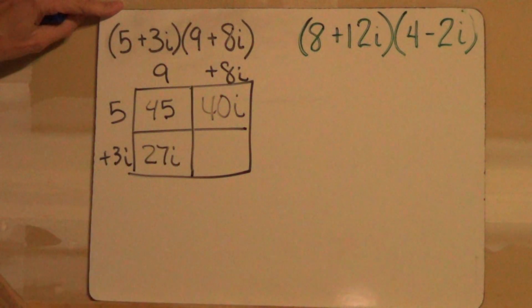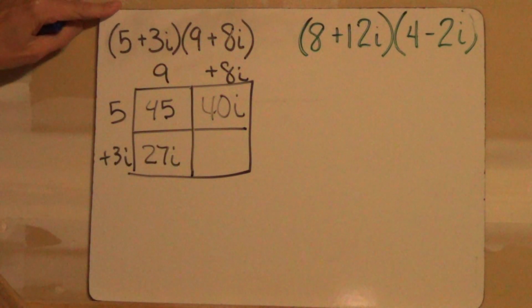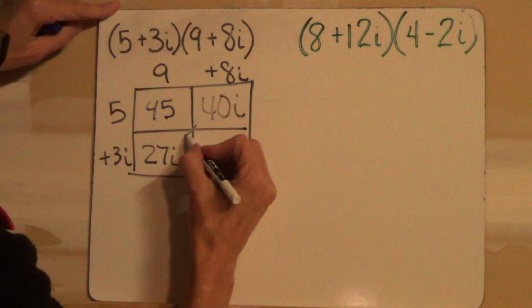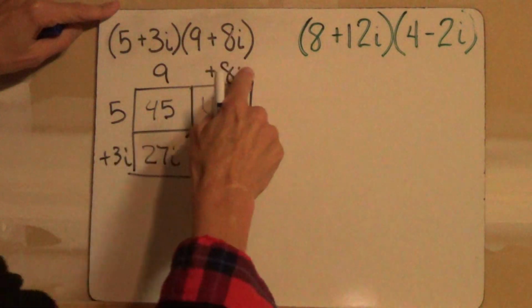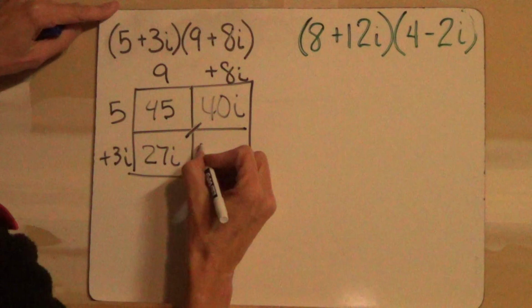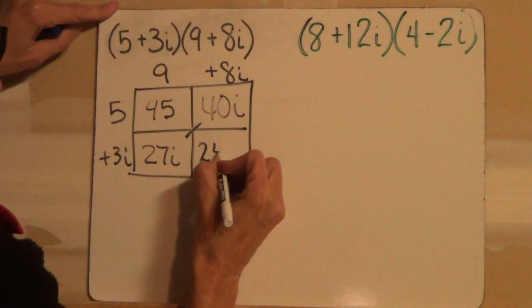Now, just like in the other binomial multiplying that we've done in class, if you're going to have like terms, they'll be diagonal. Both of those do have an i, they can be combined. 8i times 3i would be 24i